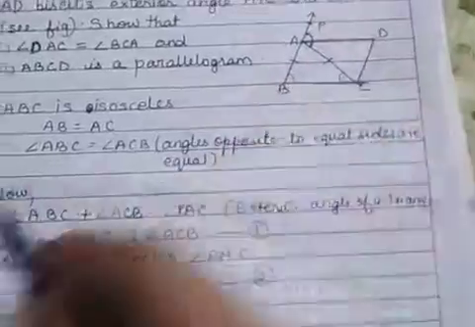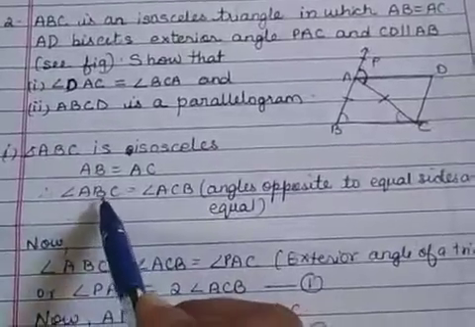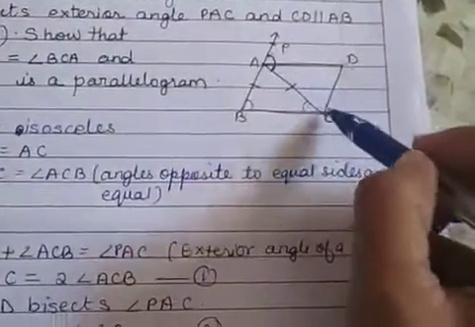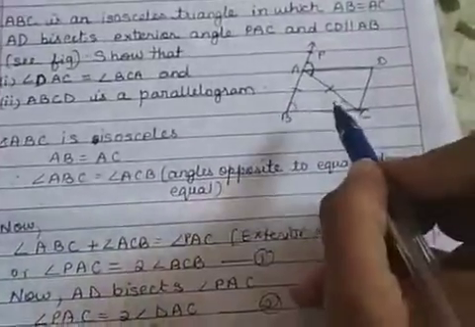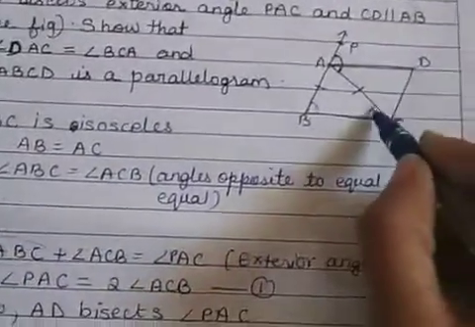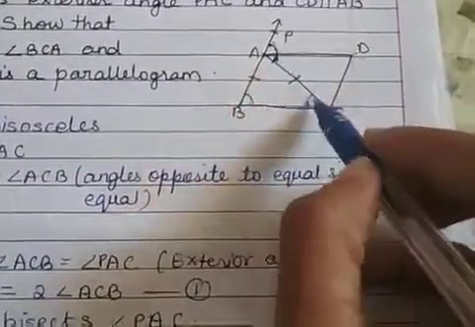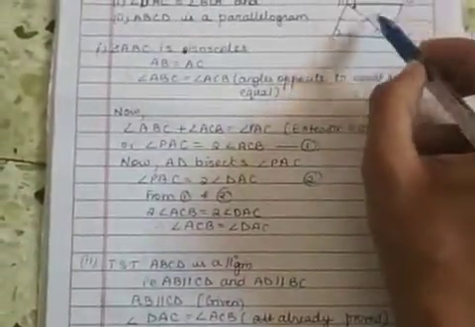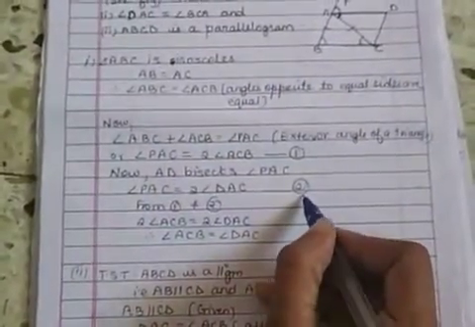In other words, angle PAC is equal to, now we have just said angle ABC is equal to angle ACB, correct? So we can write angle PAC as 2 times angle ACB, correct? We can substitute for this as angle ACB. Why are we taking ACB, not this? Because we have to show that this part is equal to this. So for that reason we are taking this one. So angle PAC is equal to 2 times angle ACB. So number this equation as 1.